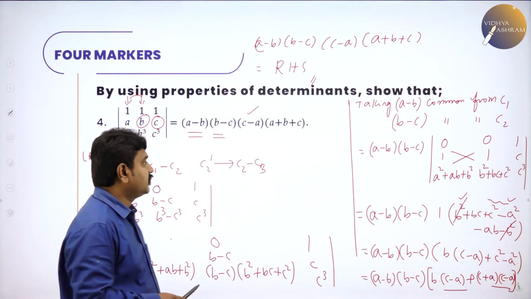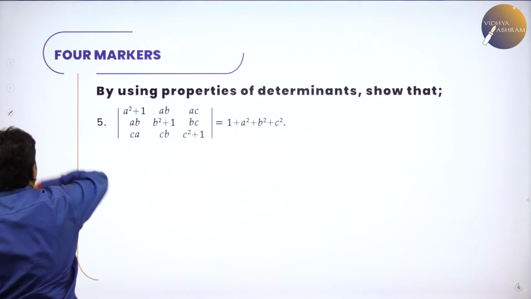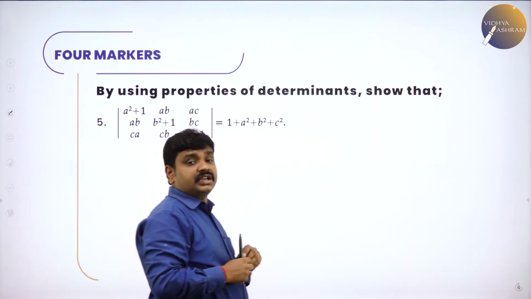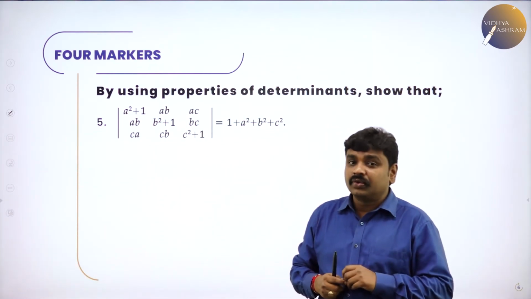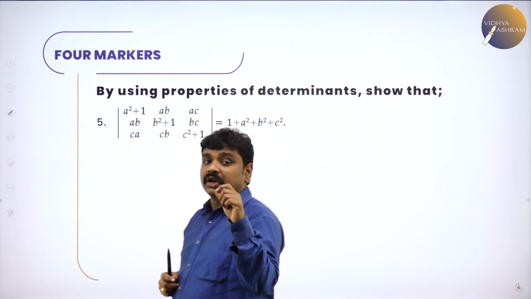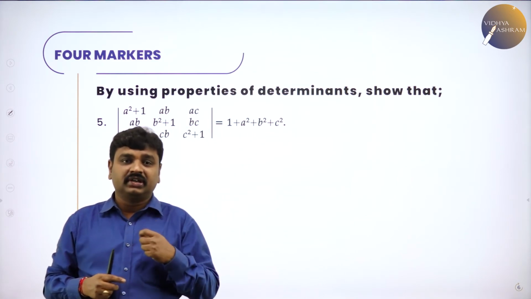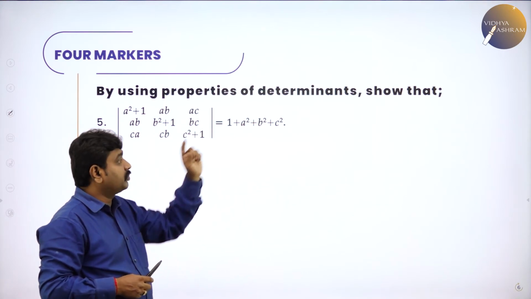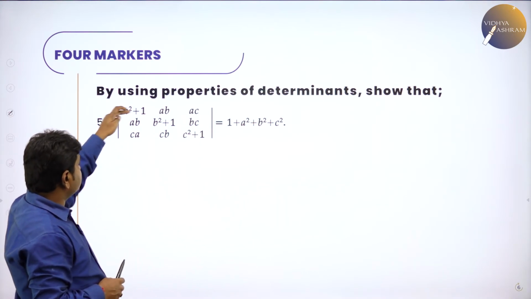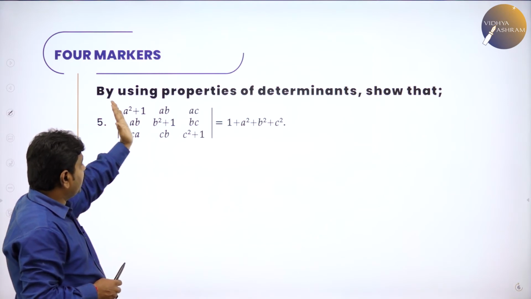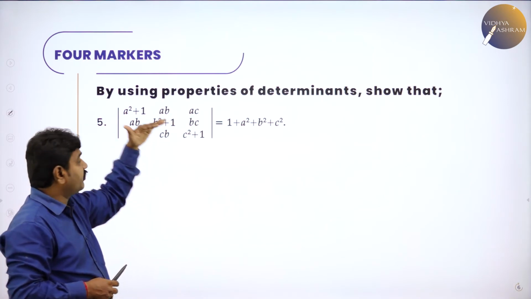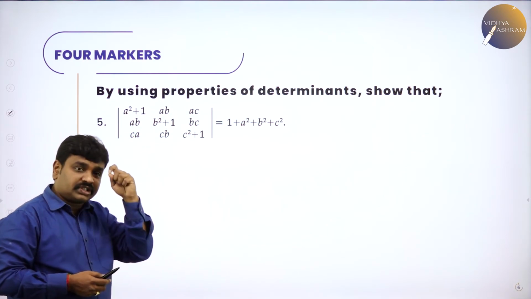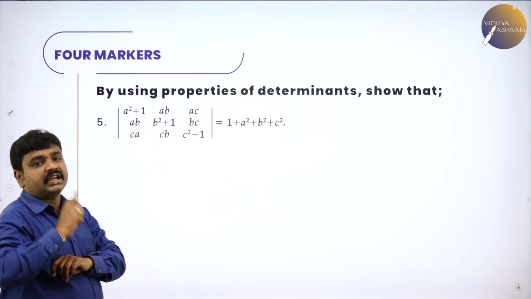Now we'll go with the next one. Yes, this is one of the interesting and important problems. So till now we have done column transformations and row transformations directly, but here if you see the observation, 1 plus A square plus B square plus C square is there, but here 1 plus A square is there. I can't add. If I add columns also, I will not get B square, C square. If I add rows also, I will not get it. So first I should reduce it. So you can take common.